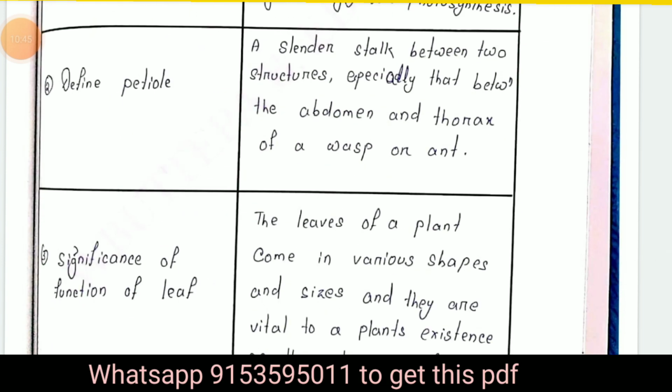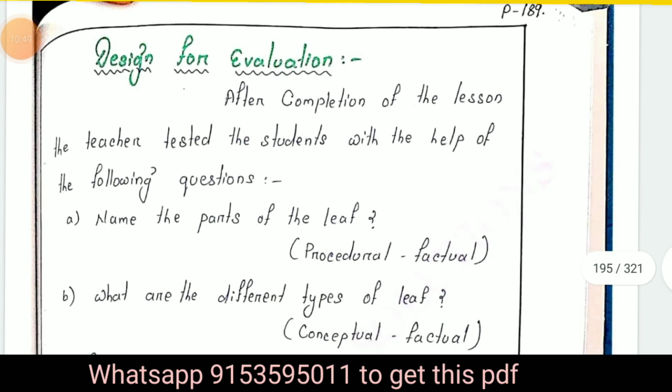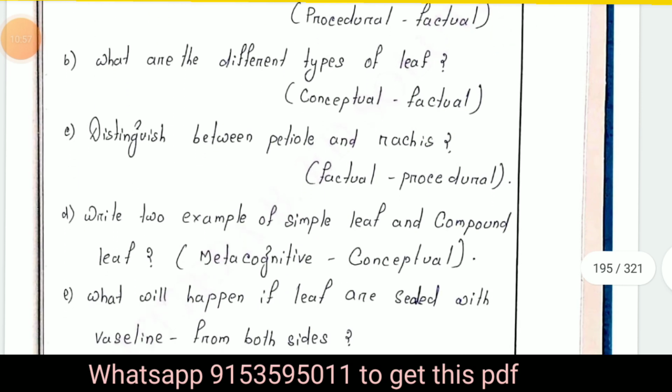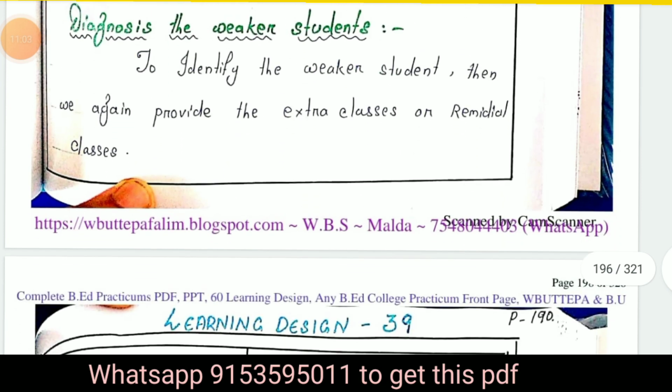Define petiole, significance of function of leaf. Design for evaluation. After the completion of the lesson, the teacher tests the students with the help of the following questions. Name the parts of the leaf. What are the different types of leaf? Distinguish between petiole and stipule. Write two examples of simple leaf and compound leaf, etc. Diagnose the weaker students. To identify the weaker students,